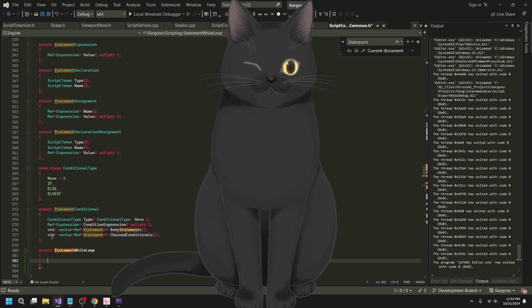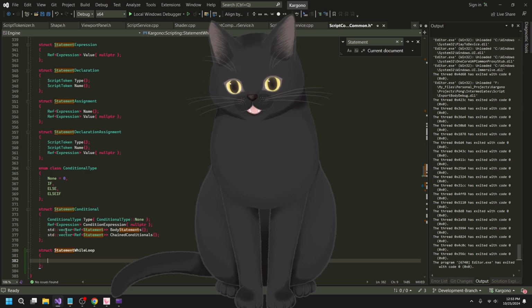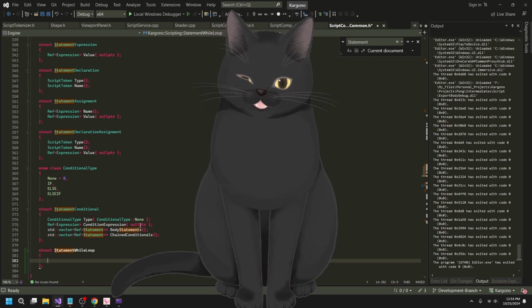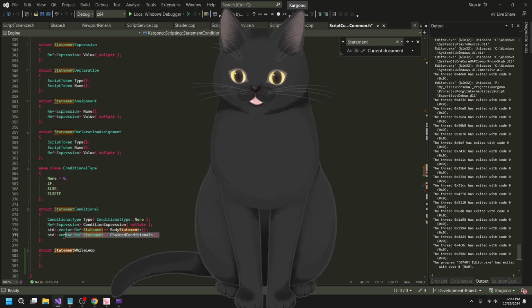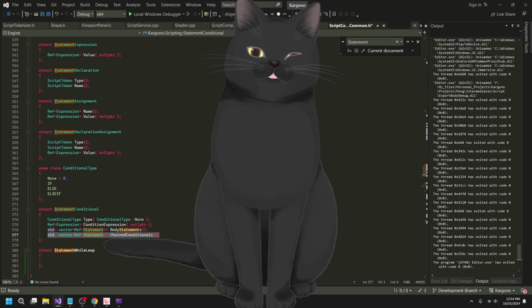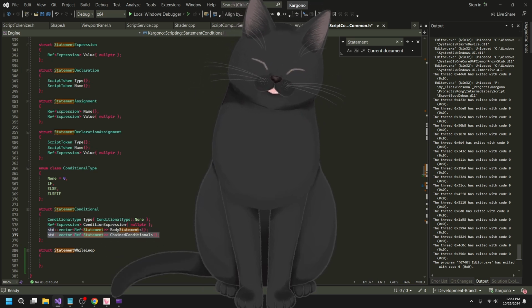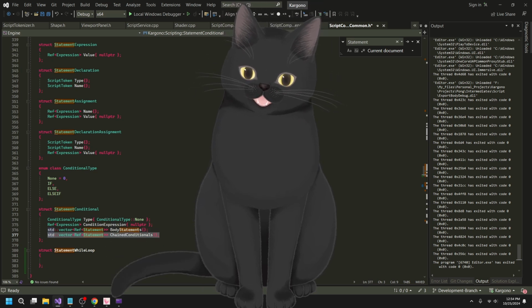And yeah, the closest analog I can probably have to this is the conditional. It's going to look very similar. But the nice thing is we're not going to have any chain conditionals because while loops kind of exist on their own, basically, right? You'll still be able to put while loops inside of while loops for sure.